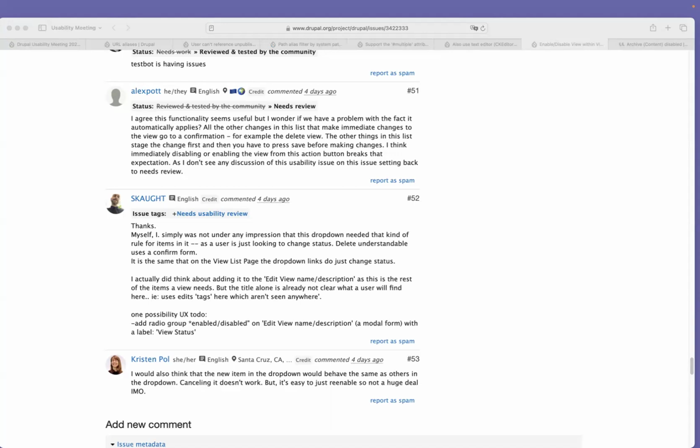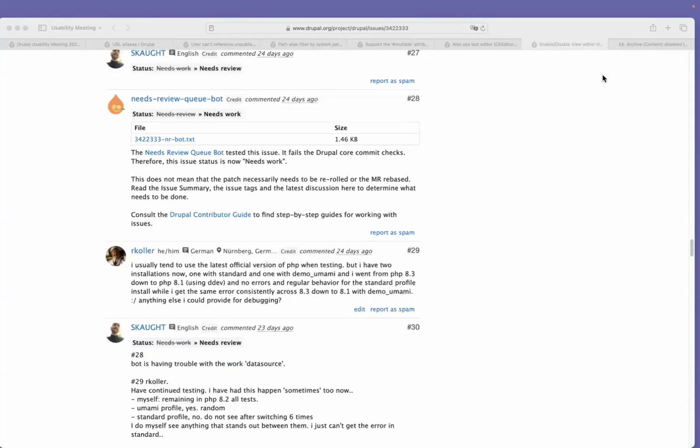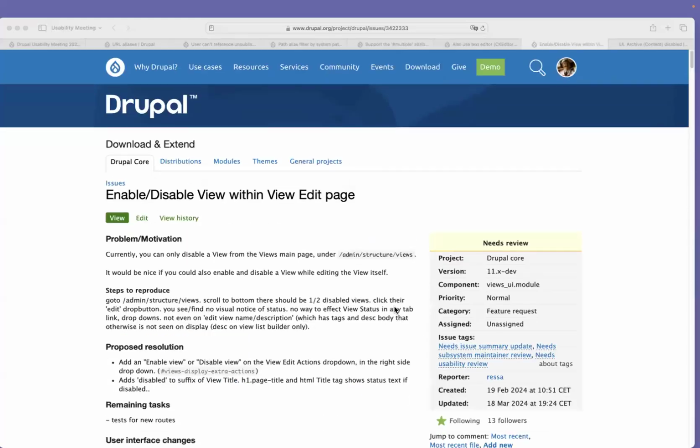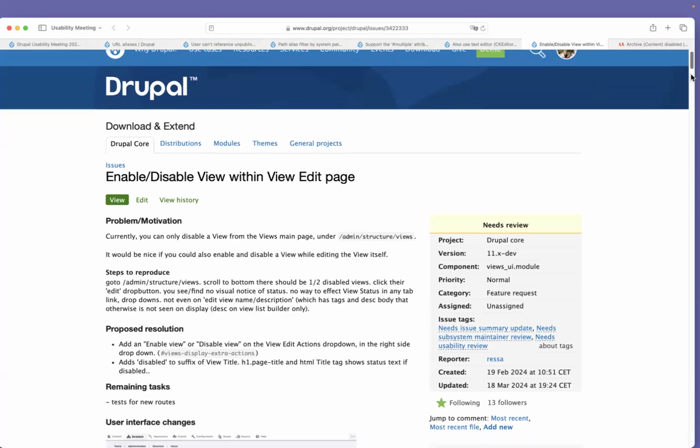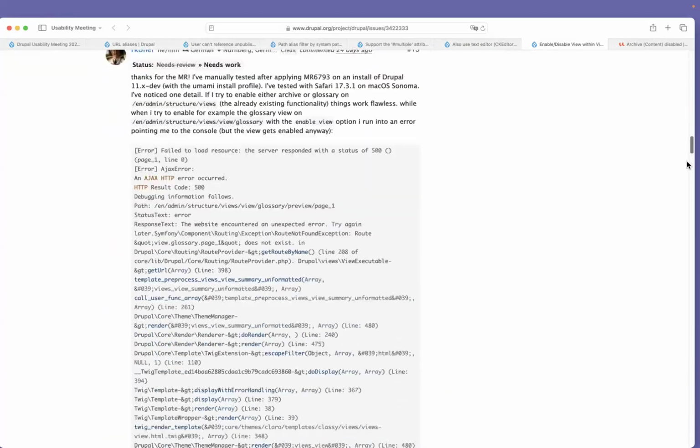One second. Just noticed the close and install. We have 3 options available. Apologies. Yeah, let's start off with the one Scott brought up. It's issue number 3422333. It's enable disable view within view edit page, an issue we've discussed before